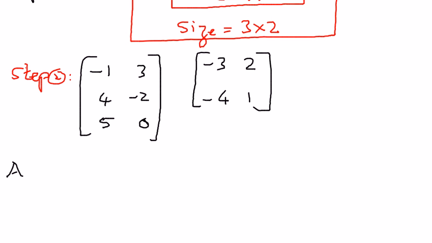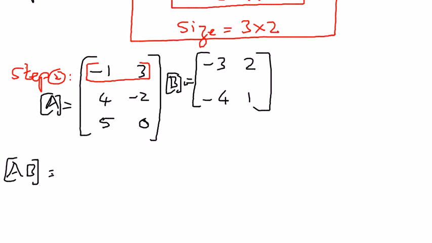So the way to multiply them out is, by the way, this is matrix A and this is matrix B. So the product of matrix A and B is going to be as follows. The way we do that is as follows. We take the first row, and multiply the corresponding elements of the row of the first matrix by the corresponding elements of the column of the second matrix, like